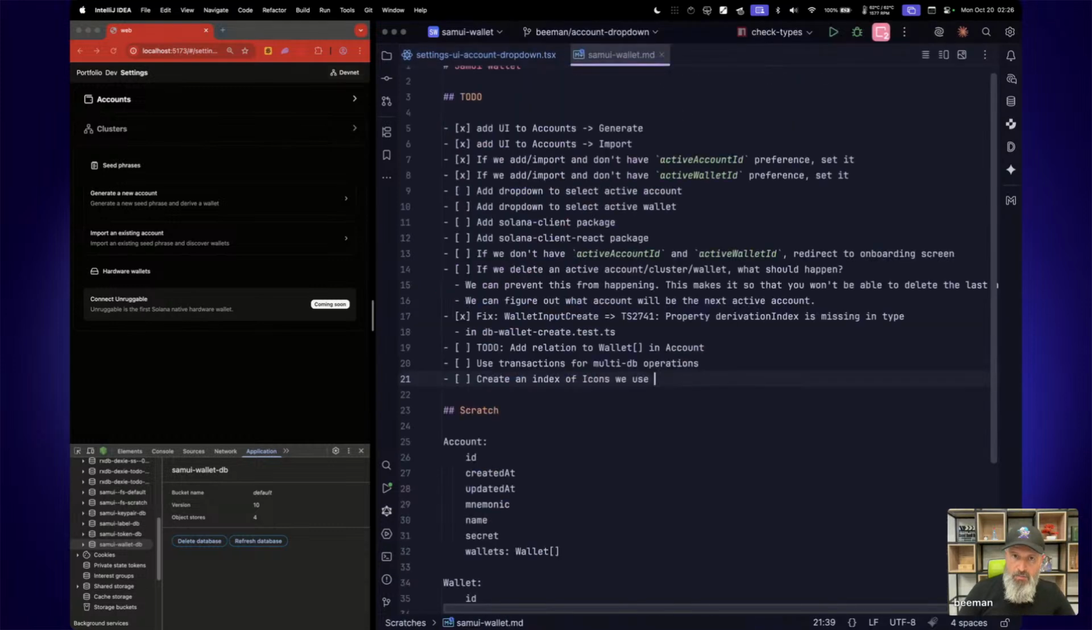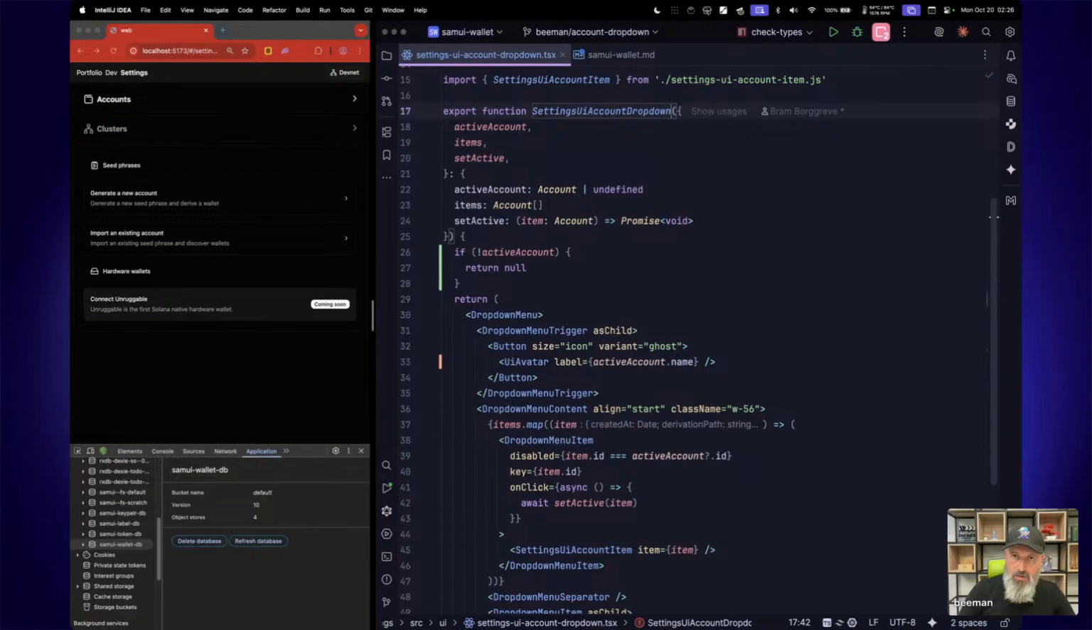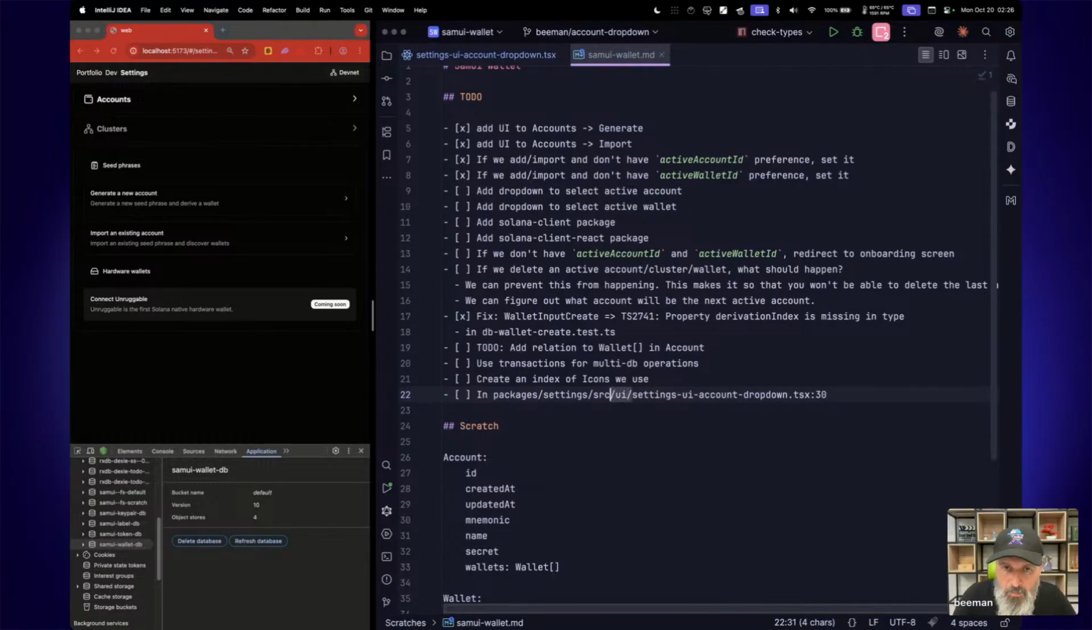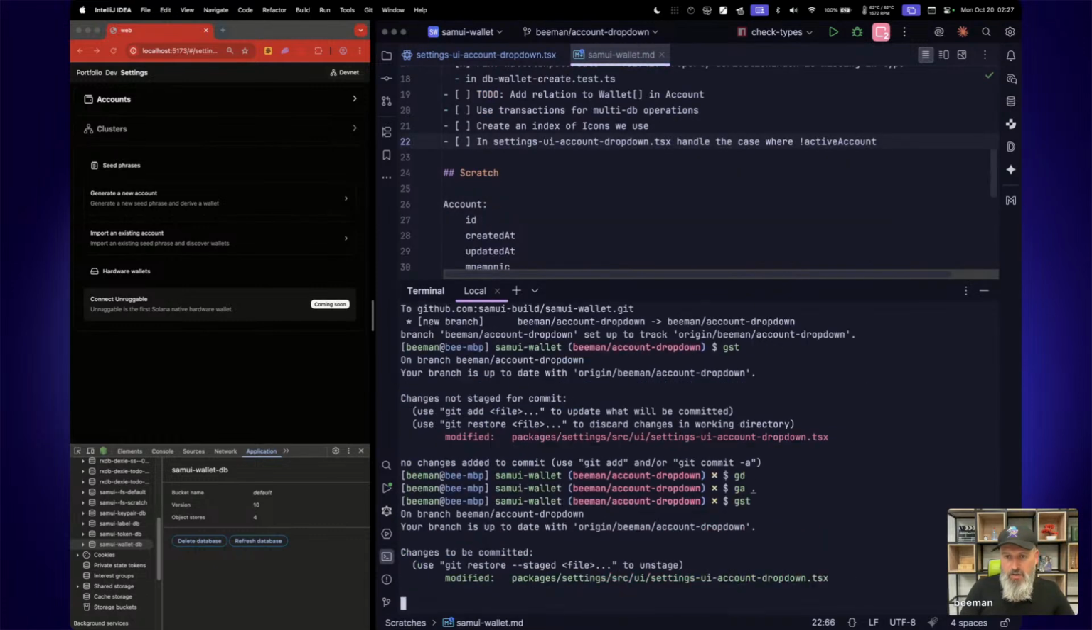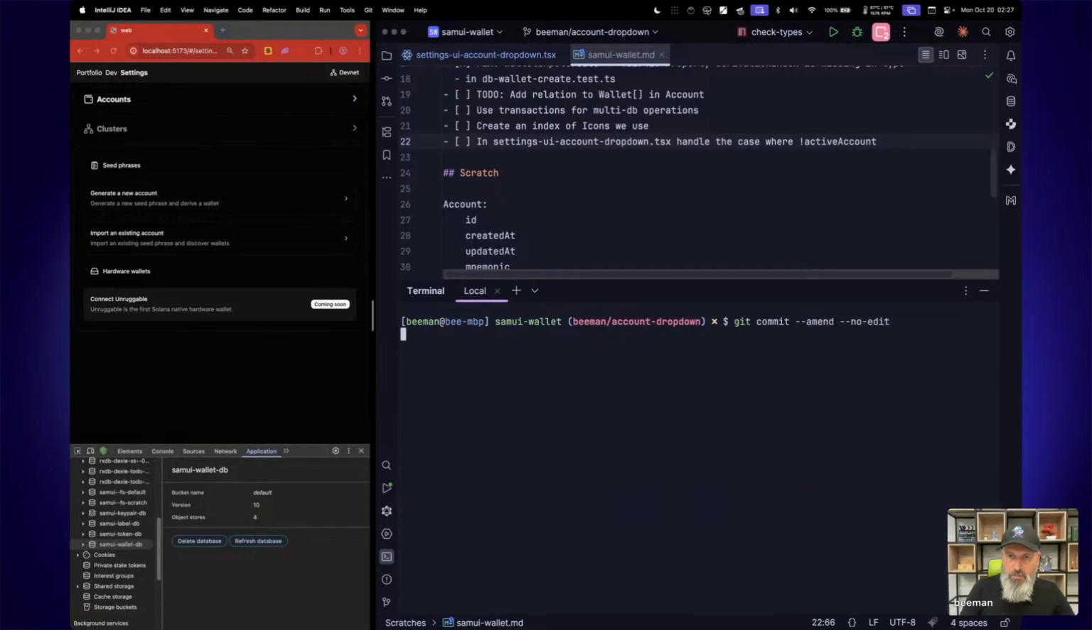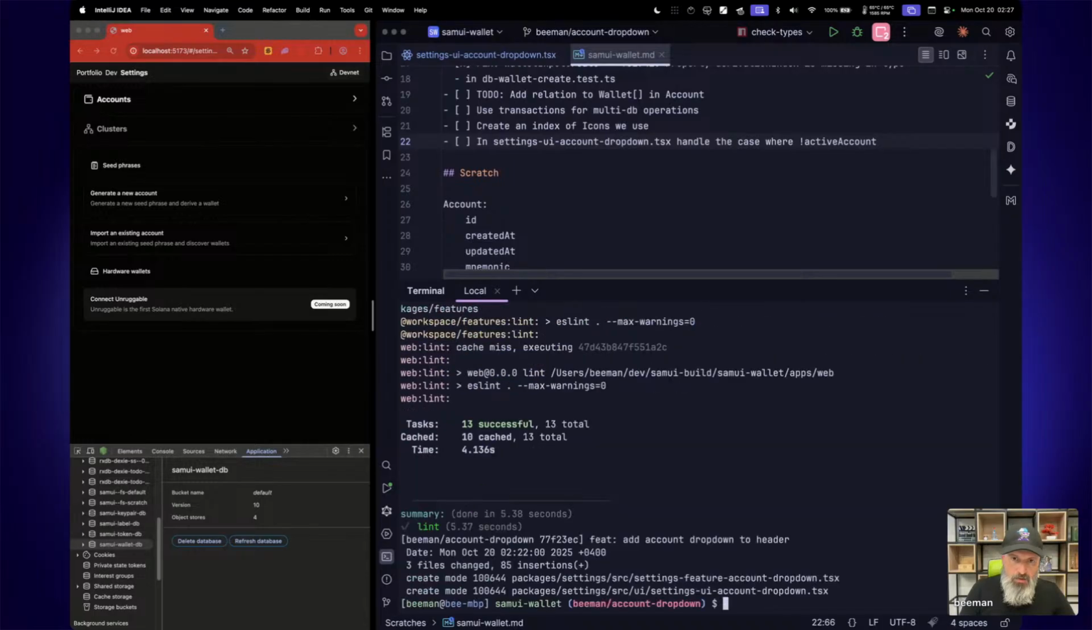So Samui Wallet MD, handle. So I got the name here in this file. Handle the case where active account is, well, where we don't have an active account. Great. Good. And this is why it's nice to have this Ellipsis automated review configured here. It's free to use for open source. And that's why we added it to this